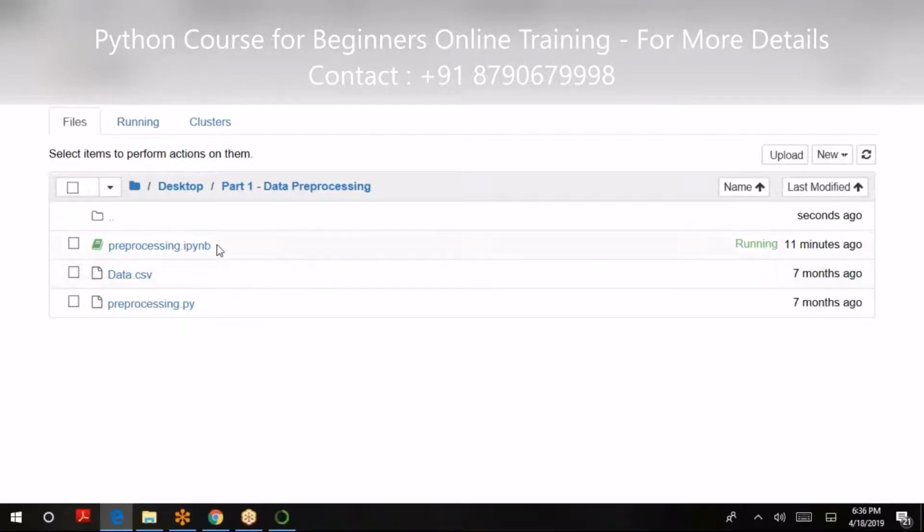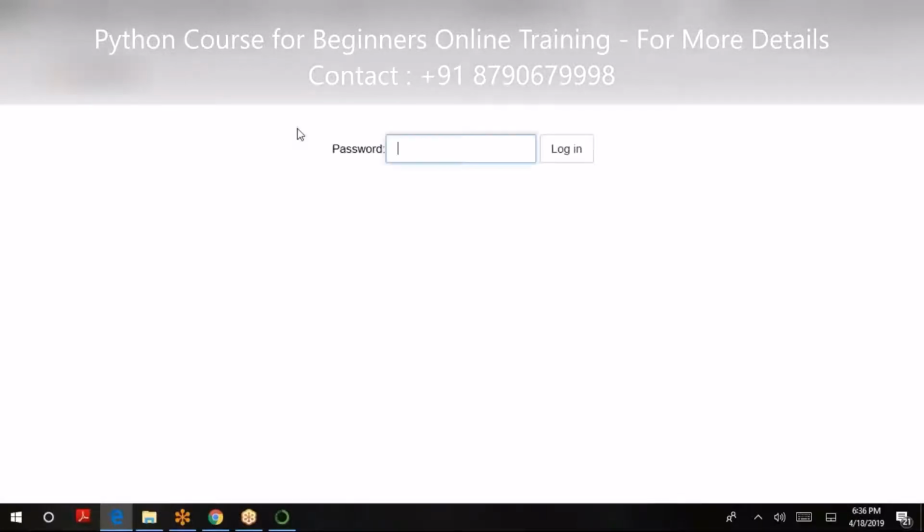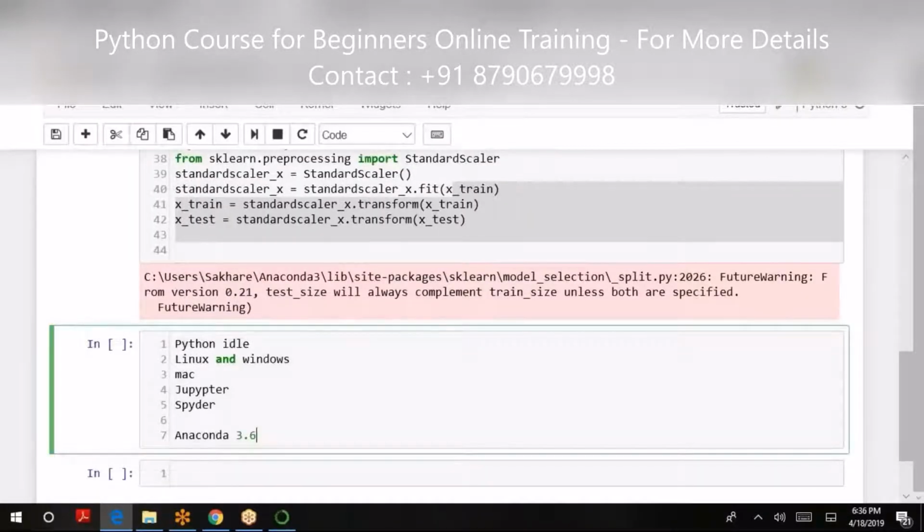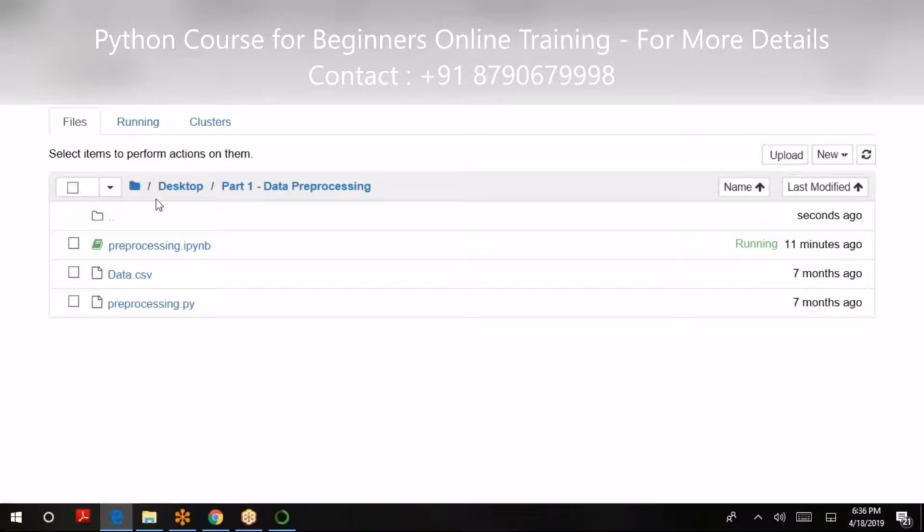Now, if I had to create a new program, that is possible. Let's say you can have your files. Should we wait for your installation or proceed? I think we can proceed. It's still installing. It doesn't matter, we can revise it again once you get the appropriate setup. So once Jupyter is opened up, you can see that there are certain files, running files and clusters.